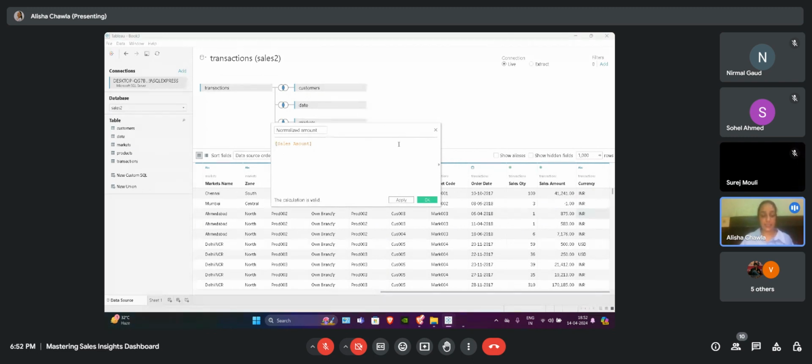So what we are saying is, if our currency is equal to USD, then sales amount multiplied by 74.